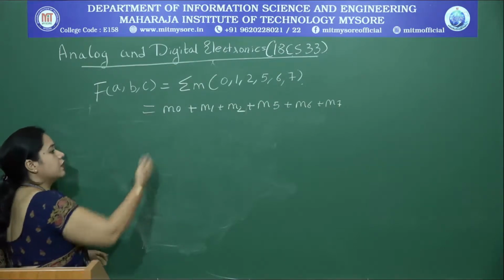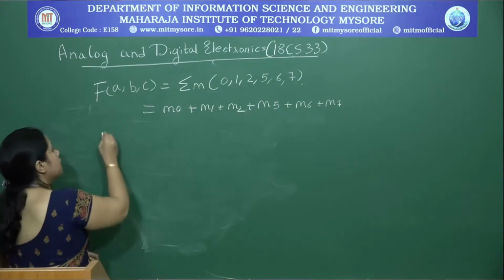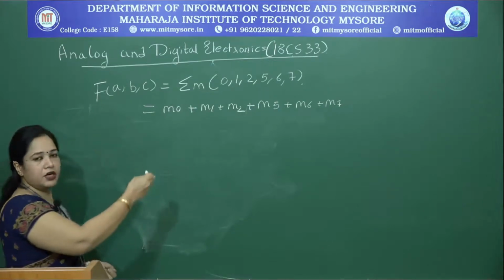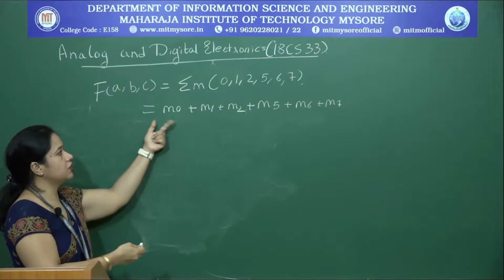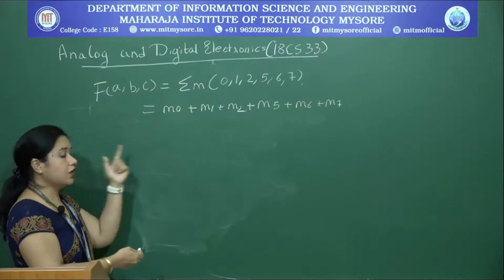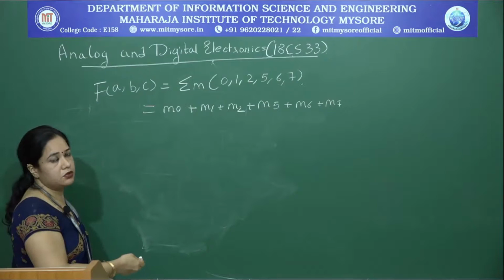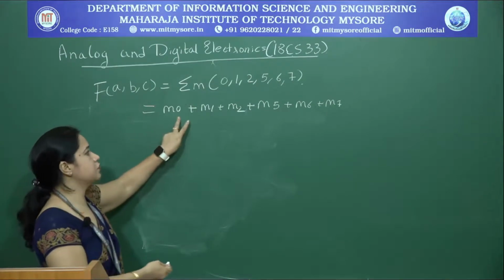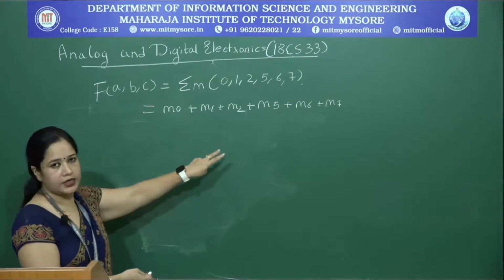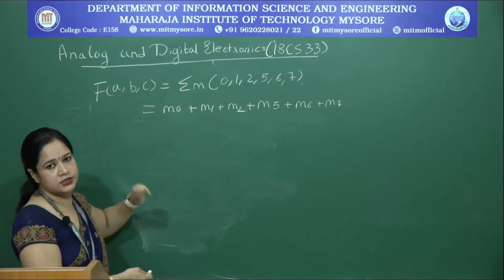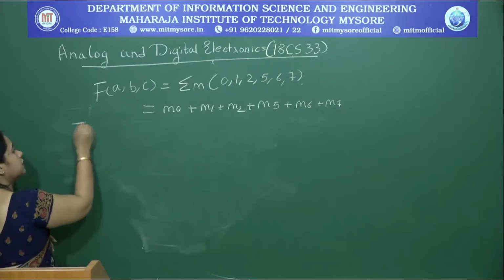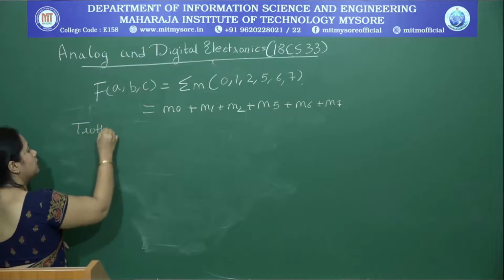If I want to convert this into a Boolean expression, if you are already comfortable, you can directly write it seeing these min terms, or otherwise we will start with the truth table and see how to convert this expression of min terms into an expression containing literals. So we write a truth table. Just to recall what a truth table is.